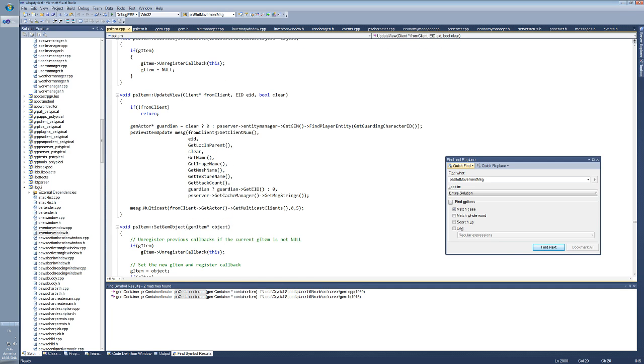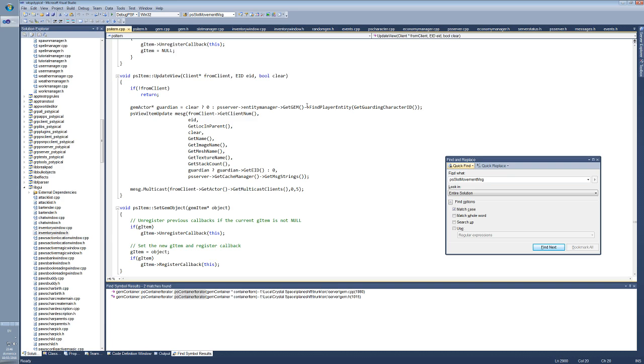Update view is finding, okay, regarding character, who cares, is generating this message, PS view item updates, and is sending it to all the clients with multicast. So basically it changed the